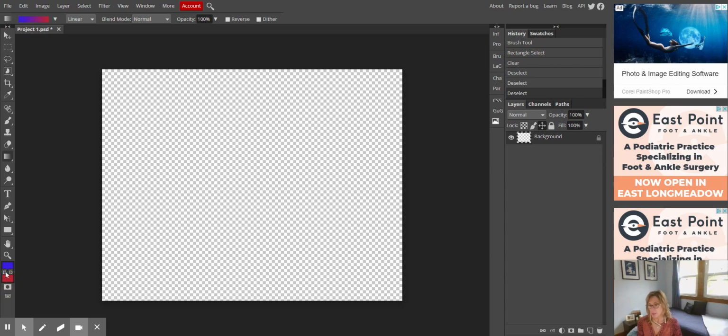And then in between the blue and the red boxes, we have the arrows, and those arrows will switch back and forth between the two colors, the foreground and the background color. So right now the foreground is red, the background is blue. If I click the arrow, it's going to switch that. Now the foreground color is blue and the background is red. And then also next to that is a big D, and if you click on that, it's going to change it back to the default colors, which are black and white, the most used colors, the most needed colors. Under that, we have our quick mask mode, which we will be using for